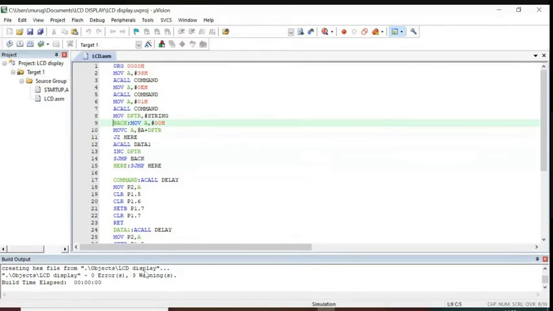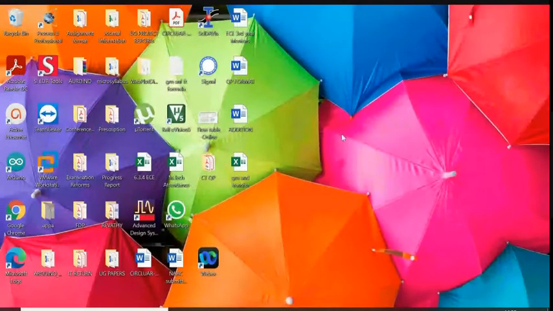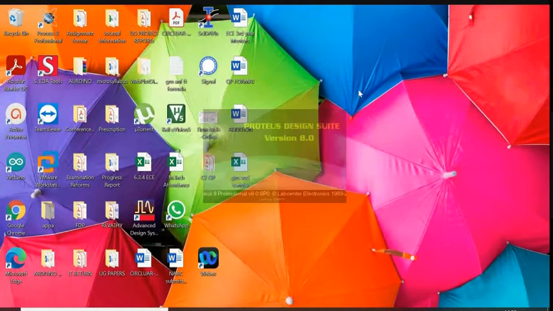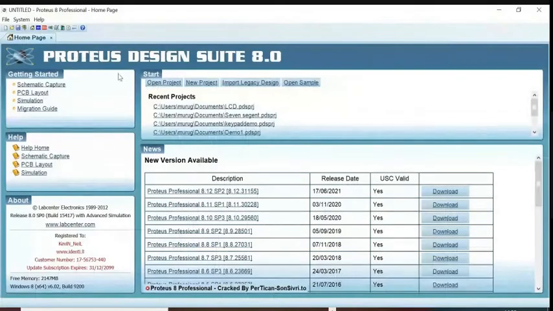My project name is LCD display. There one folder will be created by default object. In that object, my hex file is there, right? Now you are going to use that hex file to be downloaded on the microcontroller directly using Proteus software. So I have given the connections already.